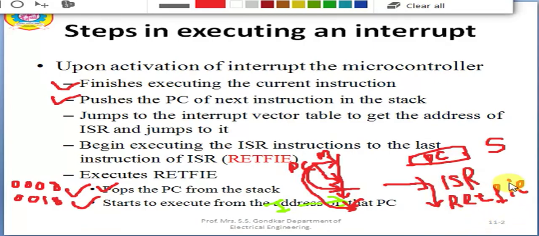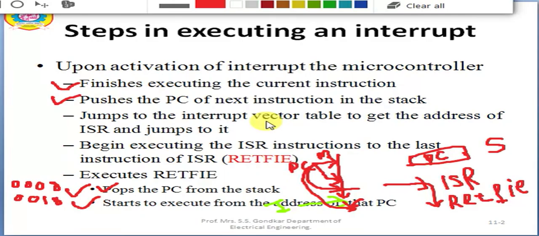Upon executing the RETFIE instruction, the microcontroller returns to the place where it was first interrupted. It gets the program counter address from the stack by popping the top bytes of the stack, and then again it starts to execute its main program. These are the steps which are to be followed.